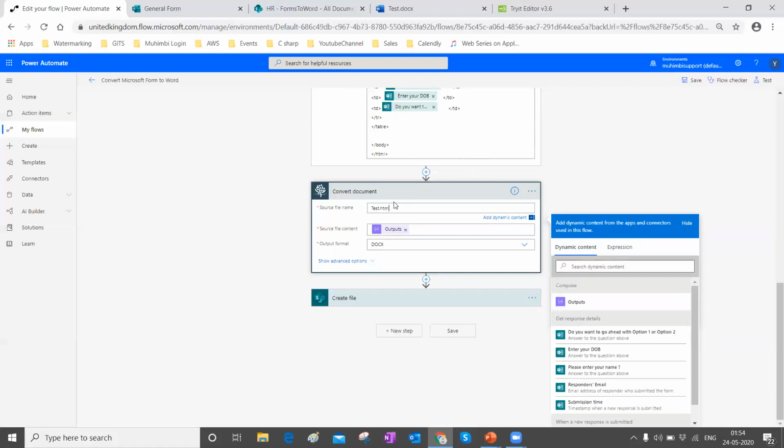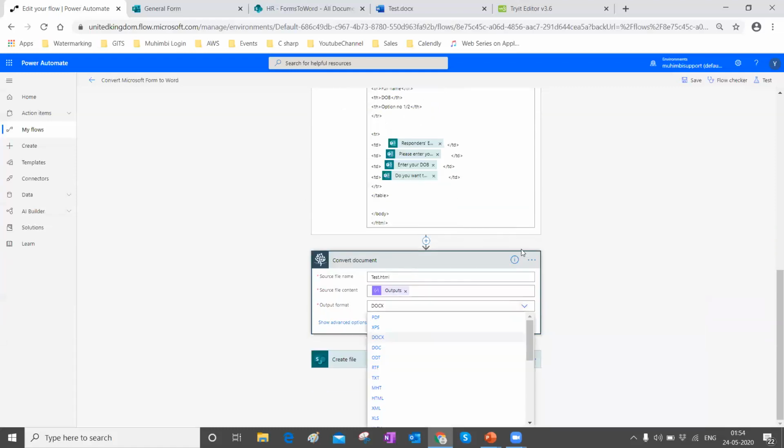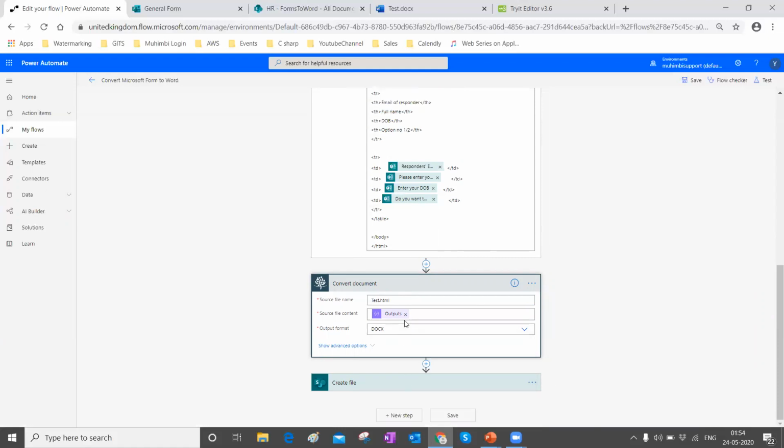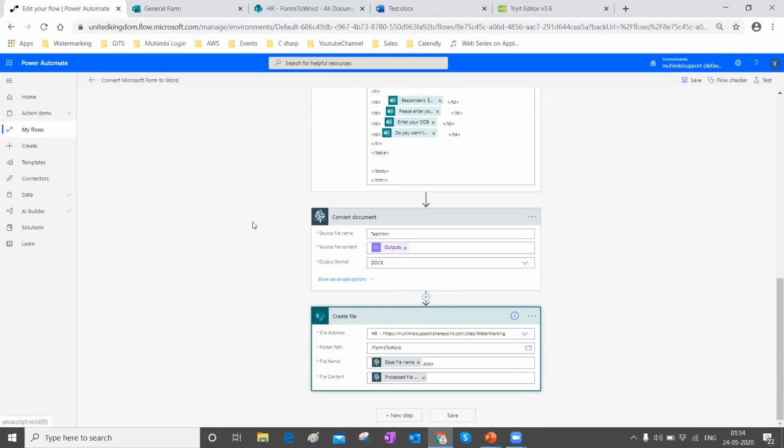Now, the convert document action of Muhimbi currently supports different types of output formats. So you can do cross conversion from one format to another format. Now we are going to select docx, that is the docx format. The last action is pretty easy, which is the create file action. Here we are just going to create the file. So the site address, please enter your correct site address, and the folder path is usually the name of your document library. File name. So the convert document action, which is native to Muhimbi, exposes or spits out two important